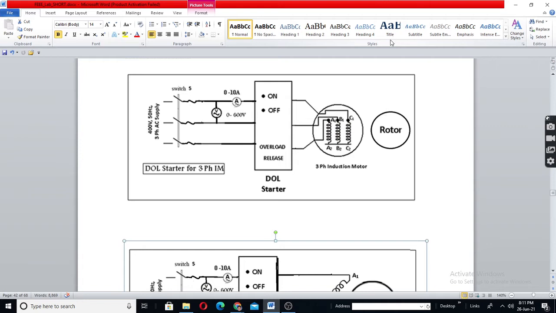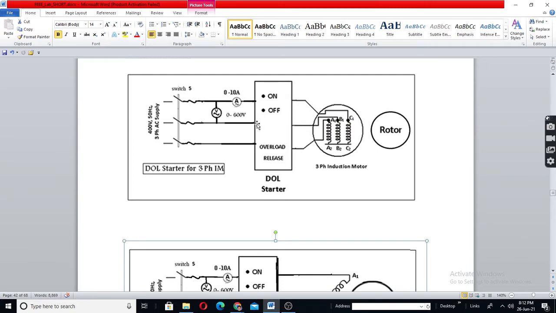That magnetic field will induce EMF in the rotor. The rotor has conductors. This magnetic field will create EMF in the rotor conductors, which will create rotor current because the rotor is a closed circuit. Then rotor current and the stator magnetic field will interact with each other and the rotor will get torque, which will rotate, move the rotor. This is the working principle. Detail of this you will study in theory.